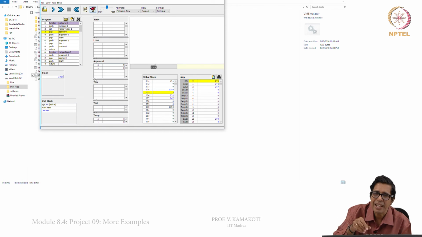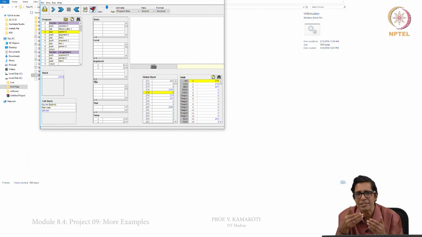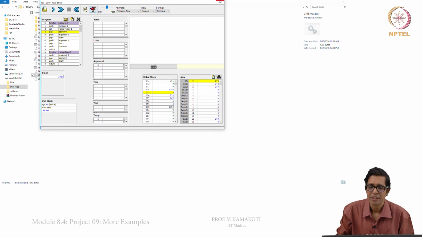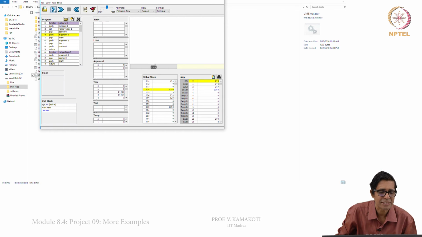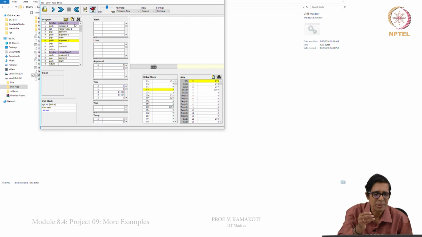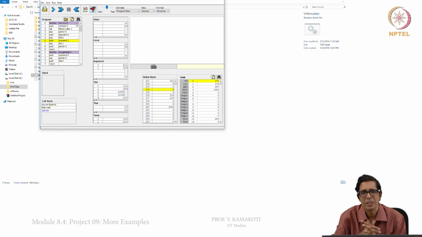You are not writing one line of code as a part of project 9, but you execute this code on the VM emulator and find out how the operating system and the programming language interfaces, right. So, spend some time executing it step by step as we see here, next step, next step, next step, and see what is happening on this stack. Understand one or two programs like your fraction and this list. If you understand these 2 programs and also some of the previous programs, I think that itself will give you a lot of clue of how things work.